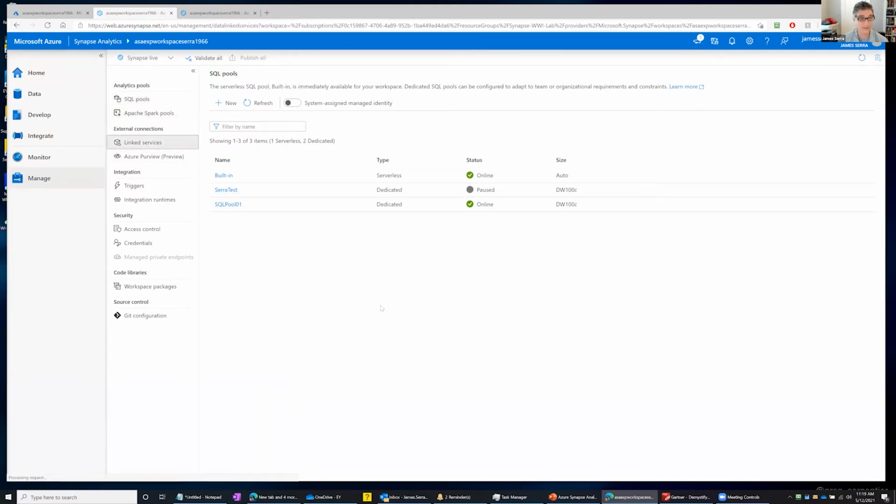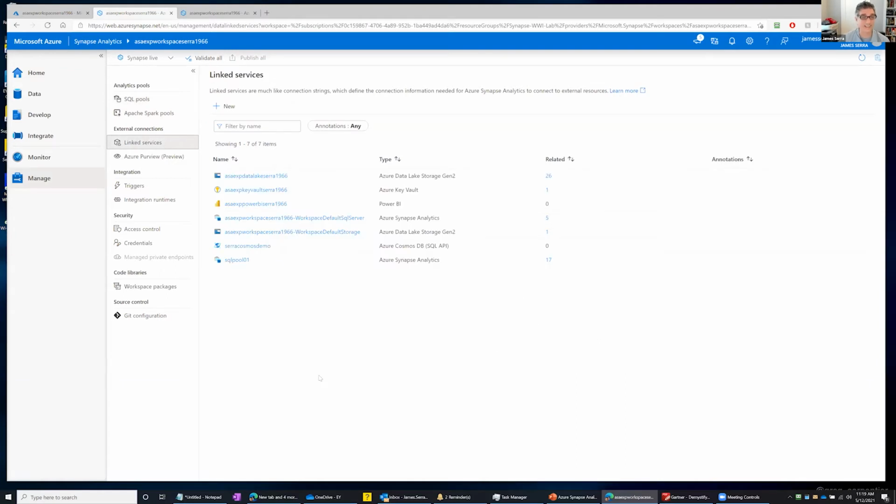And then there are linked services in here. This is where I can link other things that I may want to use within my workspace. I can link a Power BI. I can link a bunch of different storage. I can link a Cosmos DB, and then there's more to come. But this allows you to consume any of these particular resources within your Synapse workspace. There's even an option to link Purview. For those familiar with that data catalog, you can use that to search within Synapse Studio.